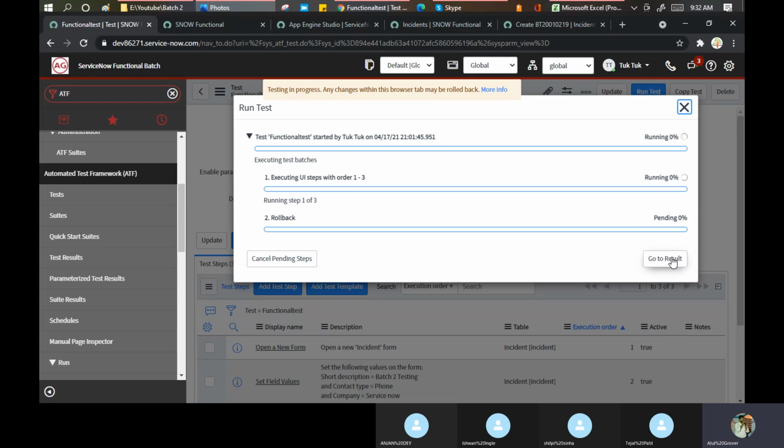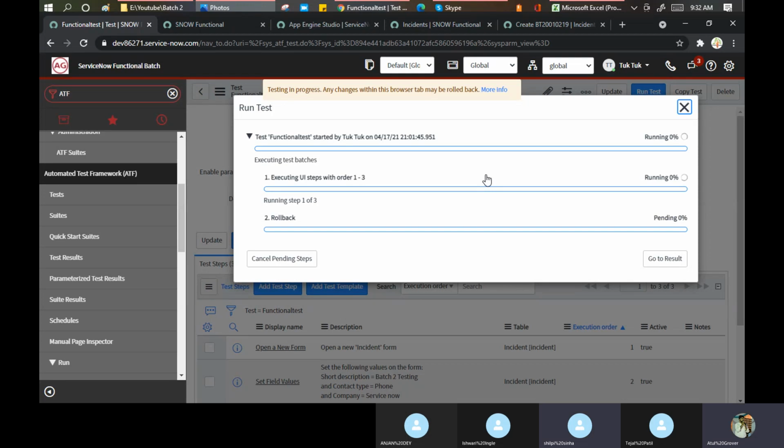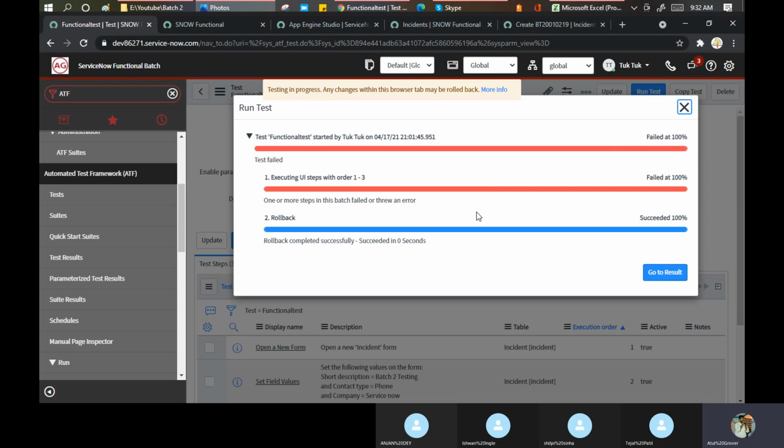Till now, any question, any doubt? Definitely, Shilpi, by seeing this, you can understand the work you were doing earlier is almost reduced now. No need to rewrite the same test case again and again. Again, it's failed. It's rolled back. Let's see what is going wrong here.